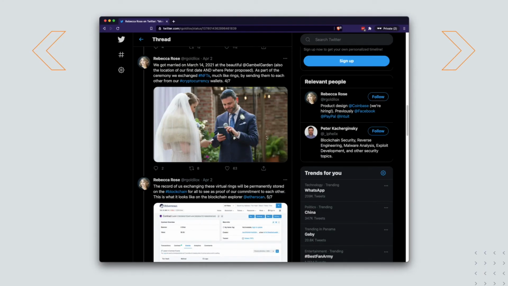This is a less commercial example, but I found this quite fun a few days ago. These are two Coinbase employees who created a smart contract with two NFT copies. When they exchanged rings, they took out their phones and sent the copy they had to each other. So the result of that transaction is now stored in the network forever.